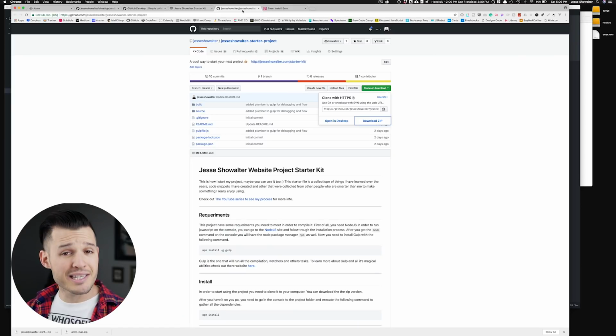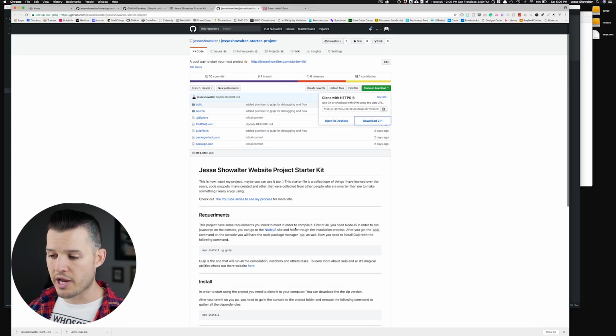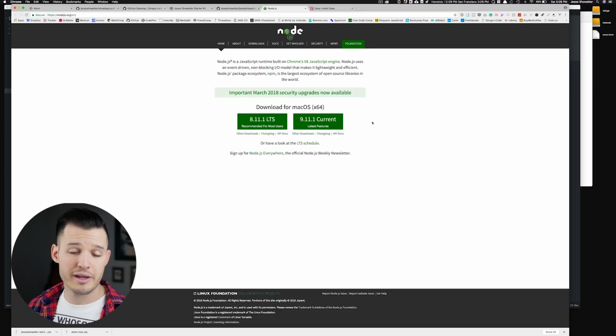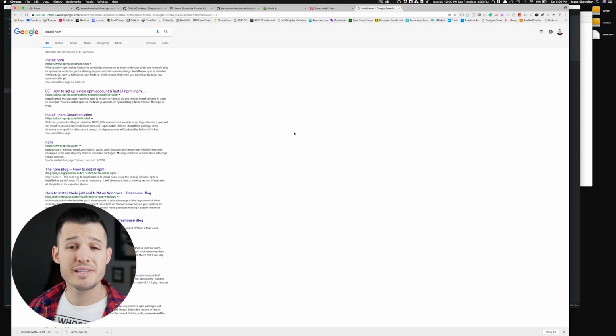or make sure that we have up and running before we get going. If you go back to the GitHub repository for our starting project files, you'll see that one of the things we need is Node.js. So I have the link there. You can just click on Node.js. This one's as simple as tapping the operating system you're working on, following the setup wizard, and getting that installed. Next thing we want to do is install NPM, which is the Node Package Manager.